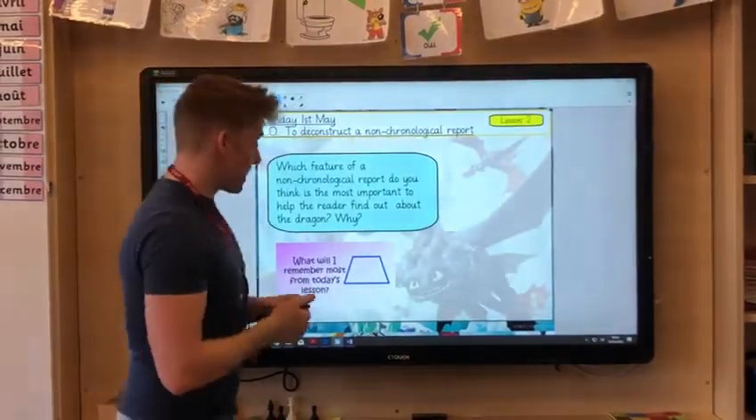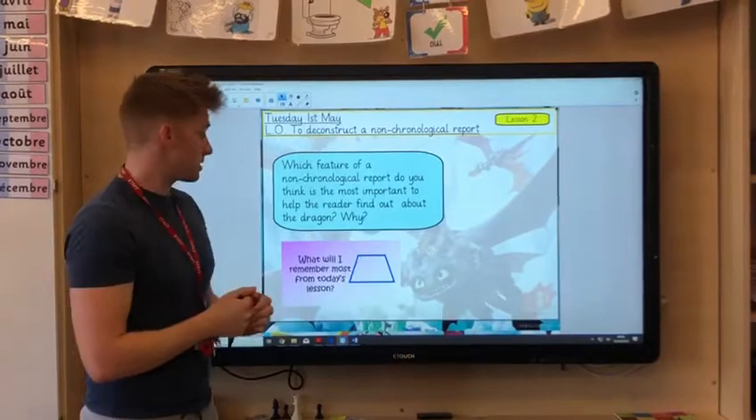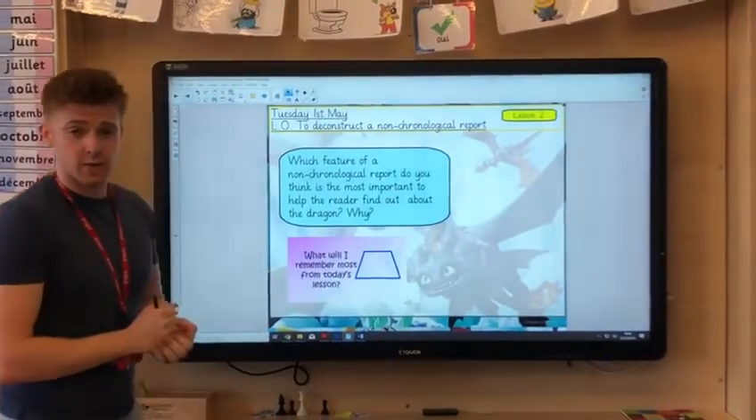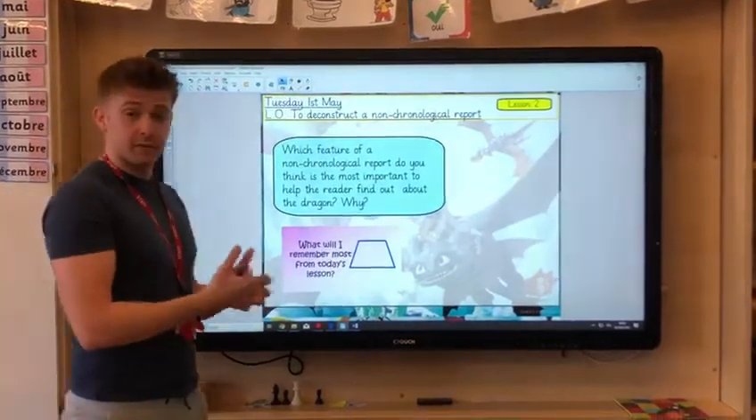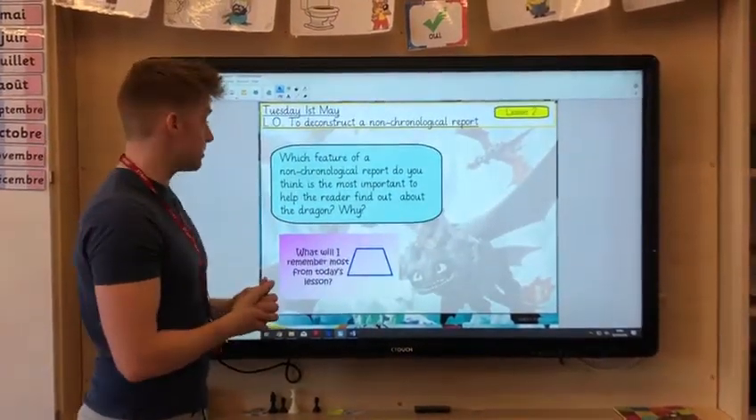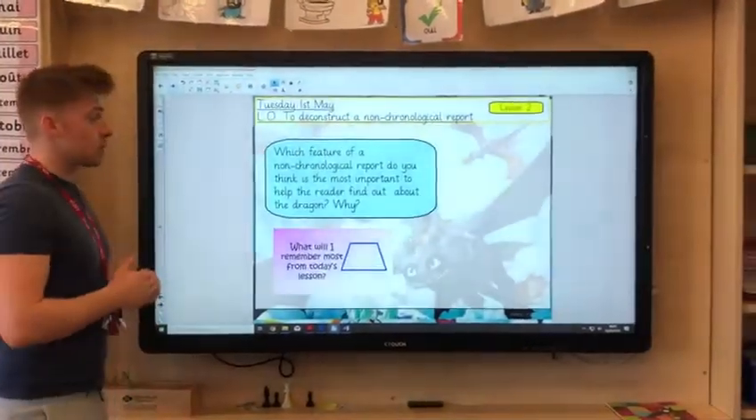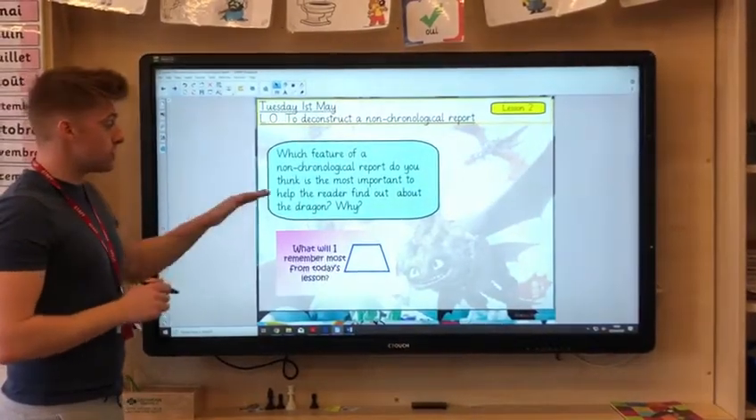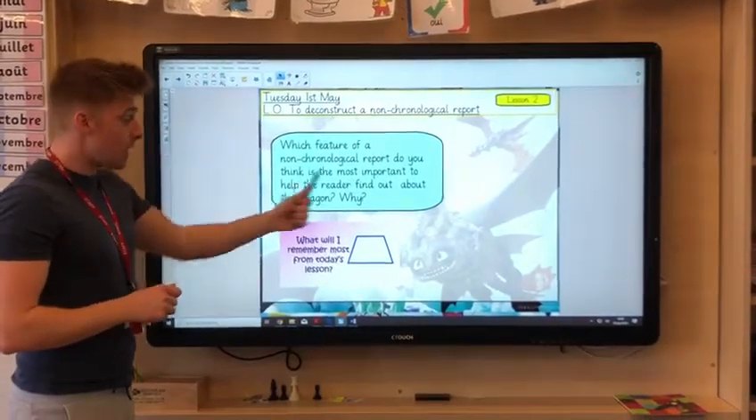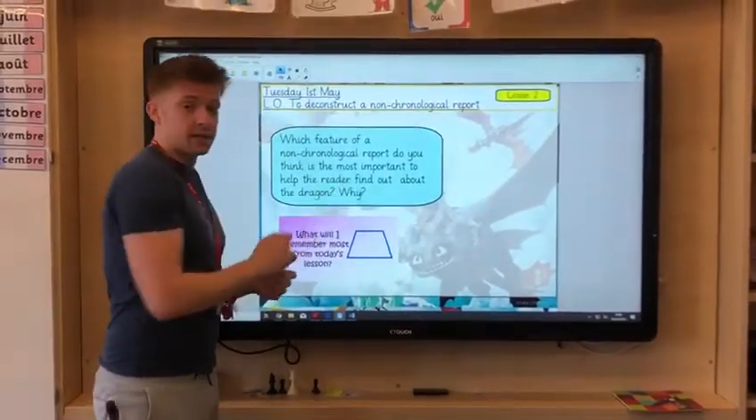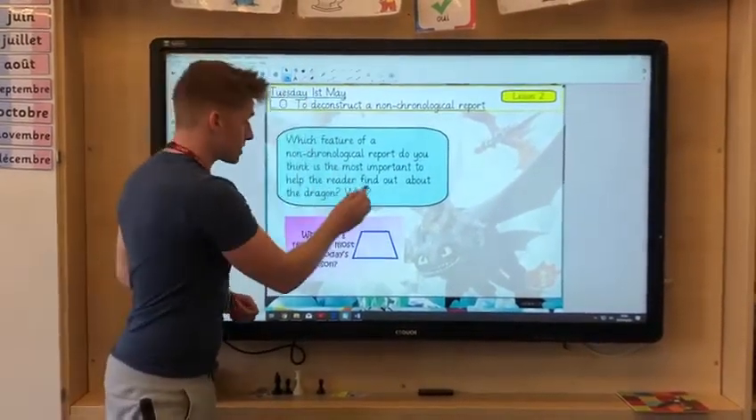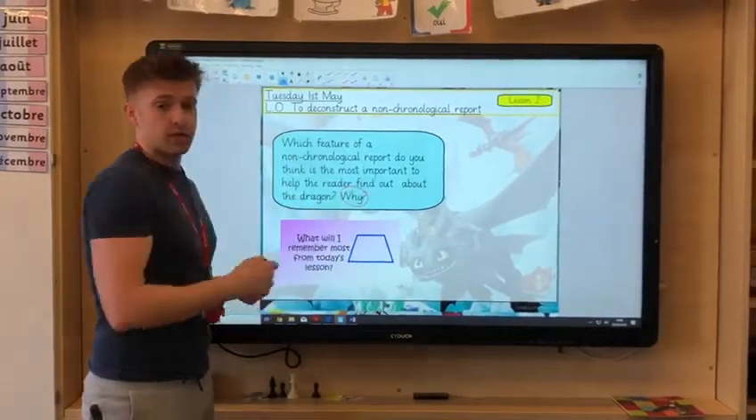Your reflection today is a two-part sequence. First of all, I would like you to answer this question here. Now, you can do this verbally with the person who's learning with you, or you can write it down at the bottom of your page. It's entirely up to you. Which feature of a non-chronological report do you think is the most important to help the reader find out about your dragon? And why do you think this is the case? This is the key part of the question here. Don't just choose your feature. I want you to